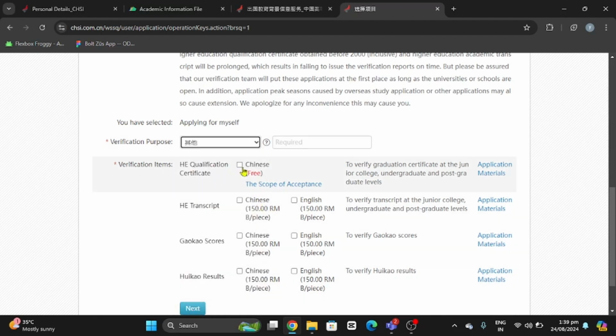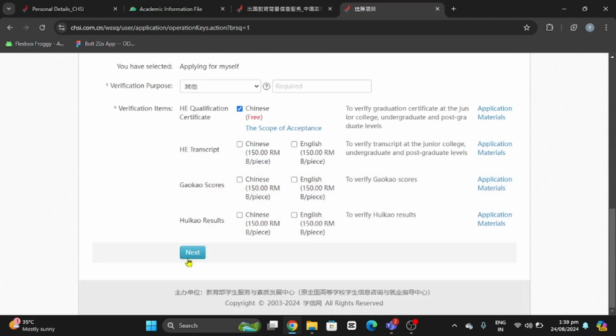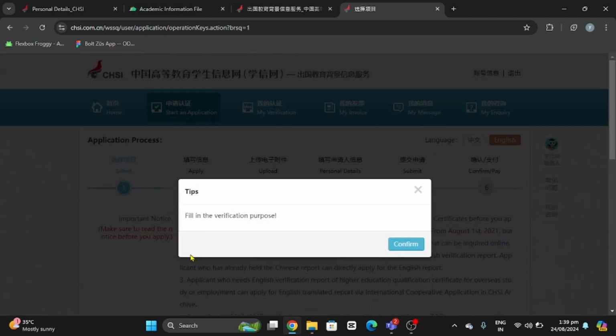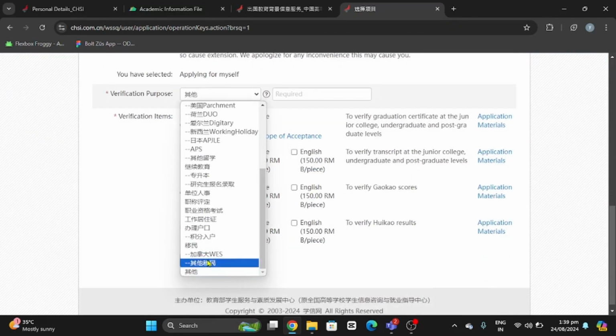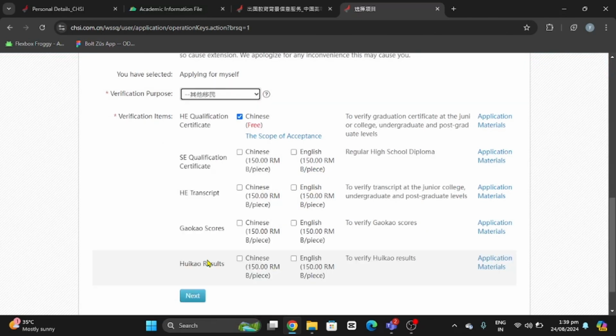Higher education qualification certificate is free, but higher education transcript is not free. It will cost you 150 RMB for English and 150 RMB for Chinese. And if you try to select the Chinese one, it can be selected alone, but if you try to select the English one, it can't be selected alone. It will be selected along with the Chinese one, so it will cost you about 300 RMB. I'm going to select higher education qualification certificate, and then I will just click on next,